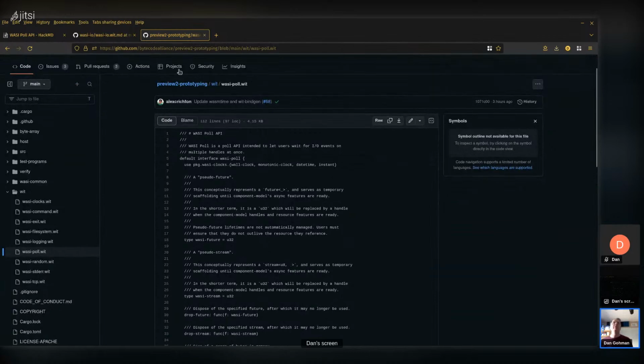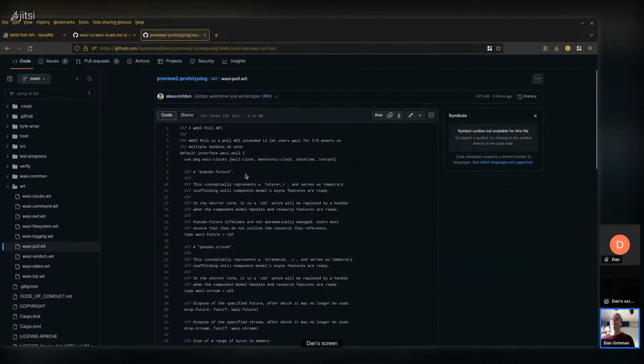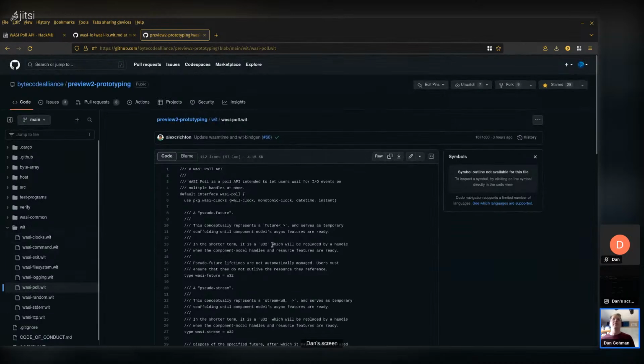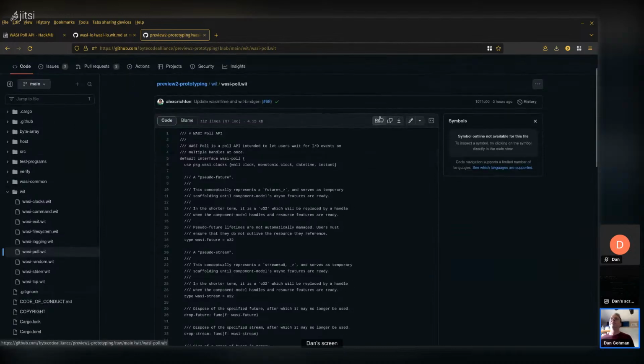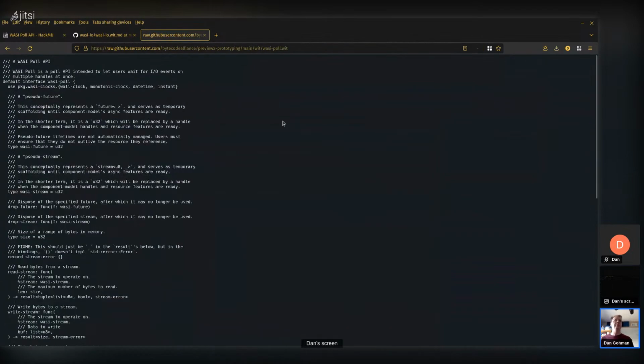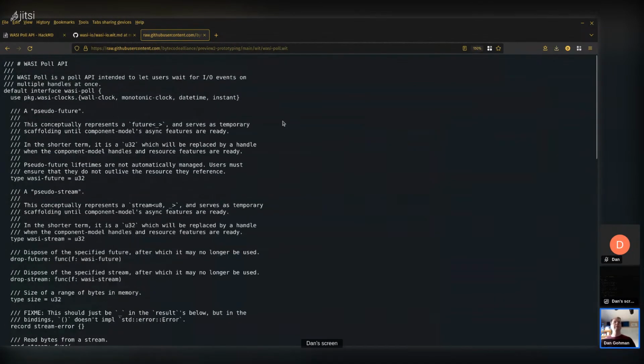And so let's pull up this poll API. Can we view this? Let's do the raw view here. Make sure this is on camera. We'll zoom in a little bit, make it bigger so people see this. So this is the poll API. There's work to be done here to integrate this, but I'm going to take some time here to talk through what this is and maybe write some documentation and think about the design while we're doing this.